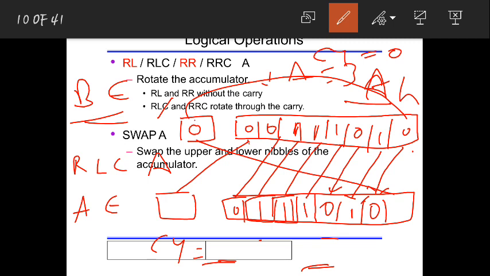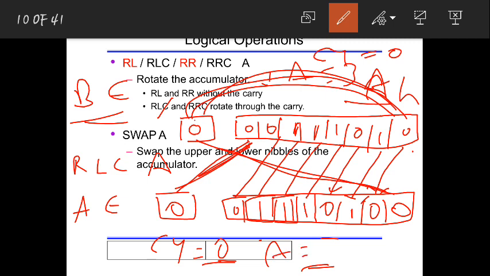Now here you had 0, this will move into the D0 bit, right? This 0 will come here into carry. This 0 should move into carry, so that will directly move to carry. Here you will get 0. Now after execution we will see what you have in carry. So carry is equal to 0 and A will be equal to, see here you have 7 and here you have 4.